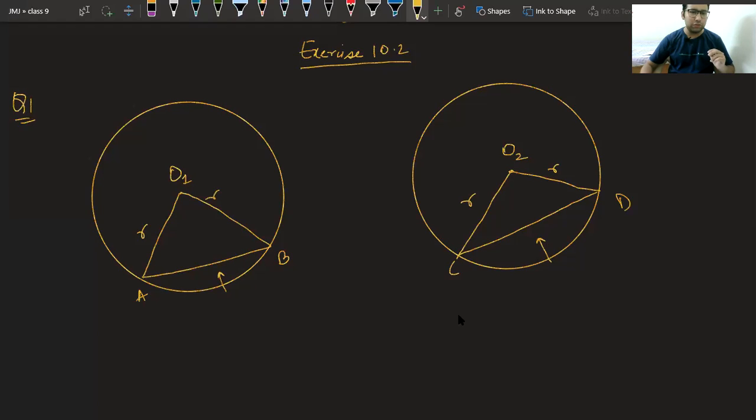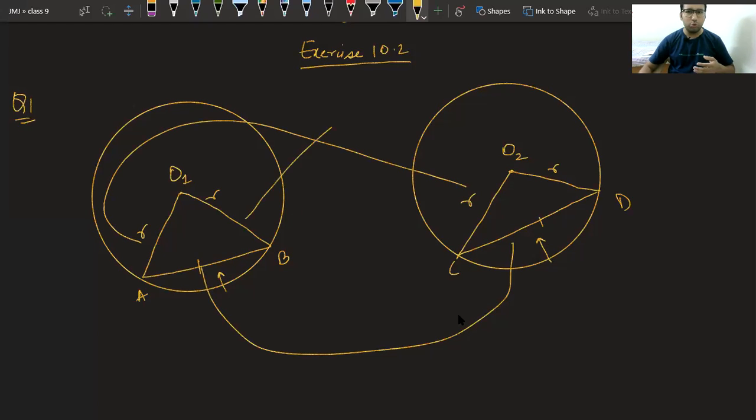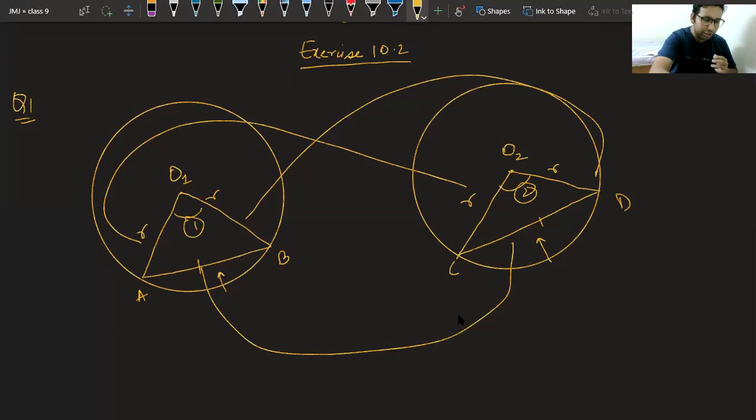Class, can we prove this thing? It is similar to the theorem only. You will just take two triangles and say by triple S they are congruent, because AB is equal to CD, OA is equal to OC, OB equal to OD, so the triangles are congruent. And after they are congruent, we can say angle 1 is equal to angle 2. And with that, the question is done. So it was simply the theorem only, but with a new twist.